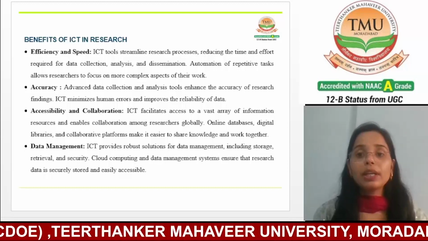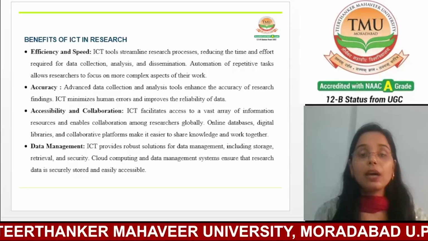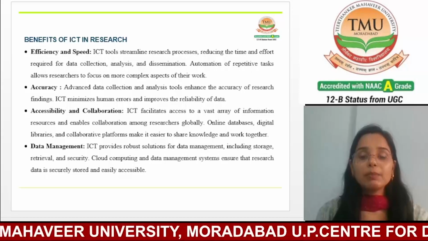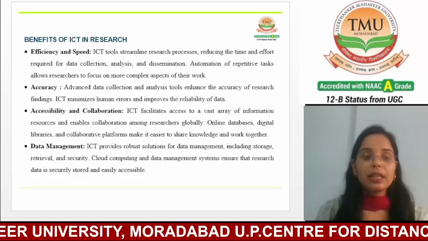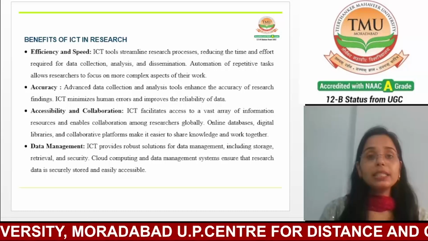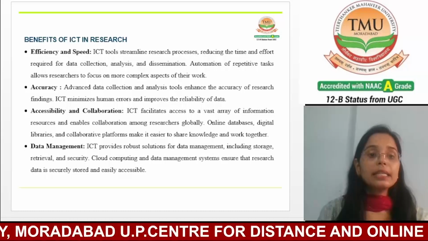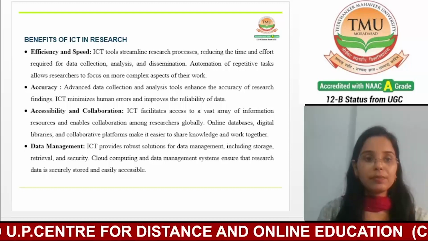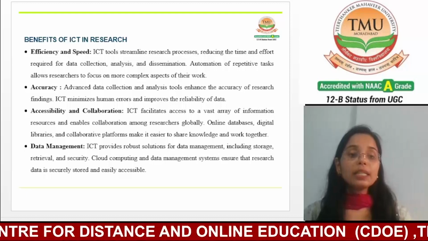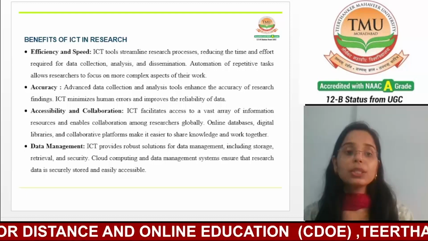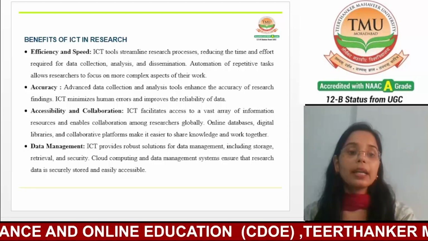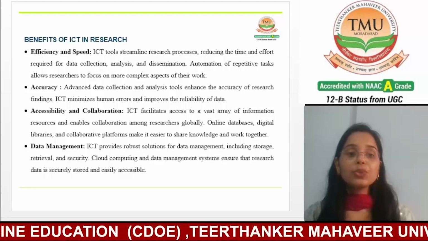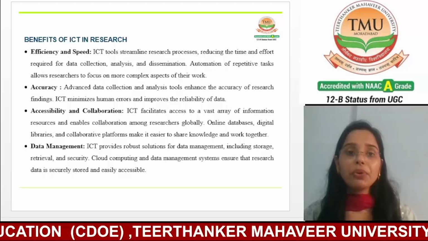Automation of repetitive tasks allows researchers to focus on more complex aspects of their work. ICT tools have greatly increased the efficiency and speed of research.